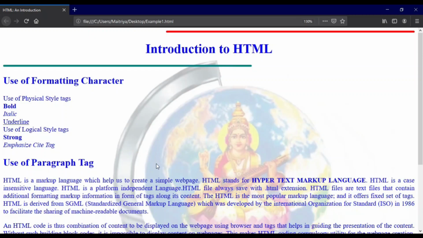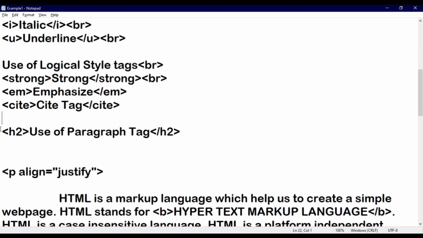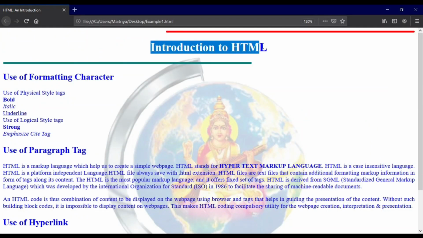So let us see how to do that, and that is possible with the help of the font tag. Here we have provided the heading, Introduction to HTML, with the H1 tag, which is the heading style we have set.